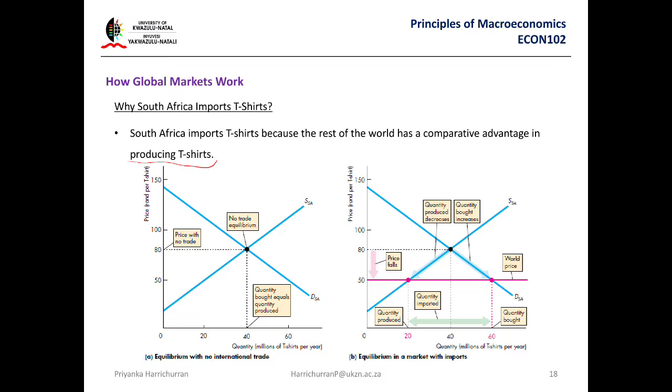I will show you a very simple way. You need to look at this graph and tell me, are we importing more or are we exporting more of t-shirts? If we are importing more of t-shirts, that's bad. That means we're bringing t-shirts from other countries in. That means they have a better opportunity cost. We need to export more. That's good. When we export more, products are going out from South Africa into other countries. So that's good. So we need to work it out. Very easy. I'll show you.